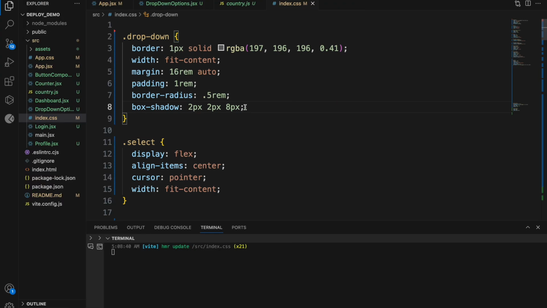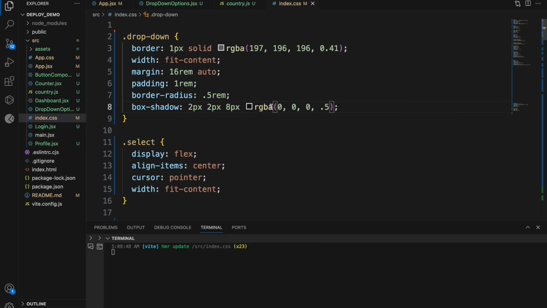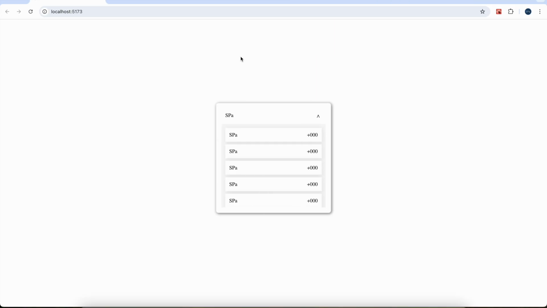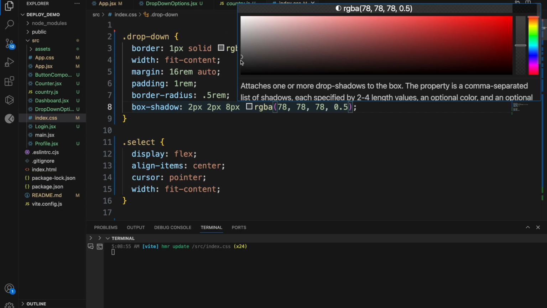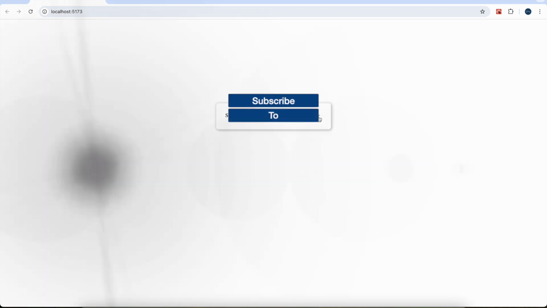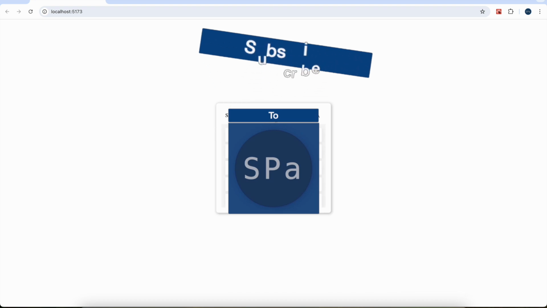Can you see? We don't want that thick black. 0.5. Yep. Okay, we can still adjust it from here. So good, we have that looking beautiful dropdown. Can you see? We have a wonderful dropdown there. All right, what we do now